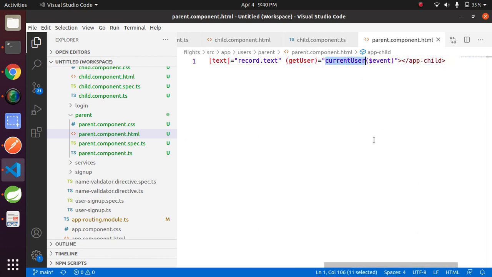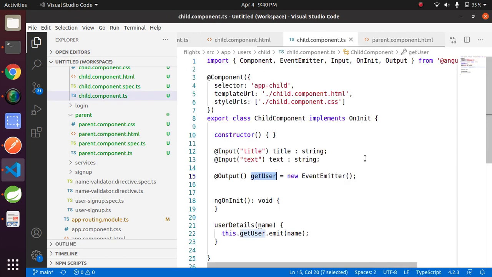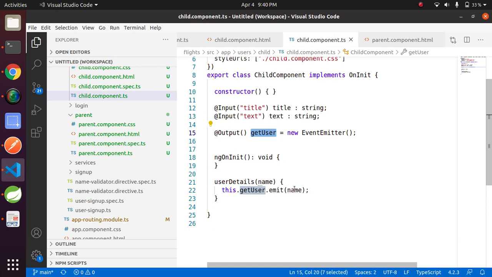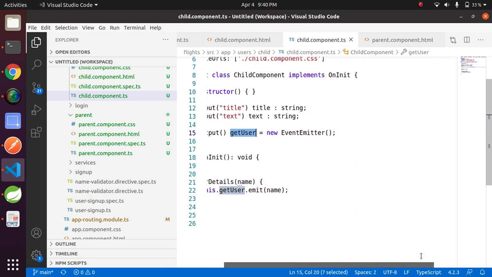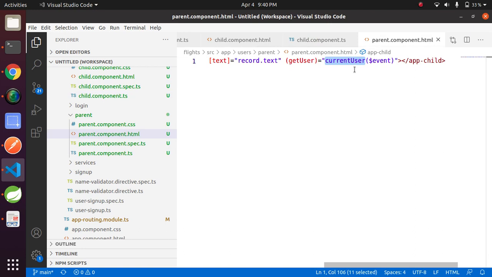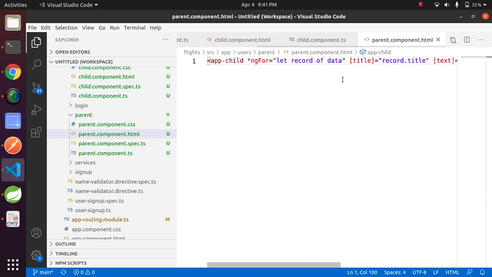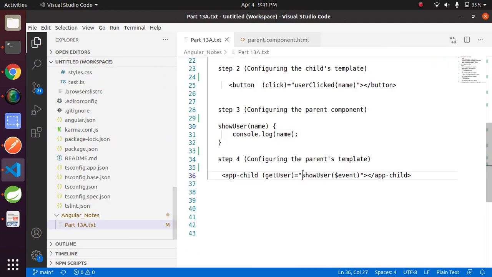Whenever anyone clicks on the button, the child component will emit a message on this event variable getUser, and the method that subscribed to this event variable, currentUser, will listen to the message emitted from the child component. Now we have done all the steps here. The fourth step we have also done. Let's execute the application.